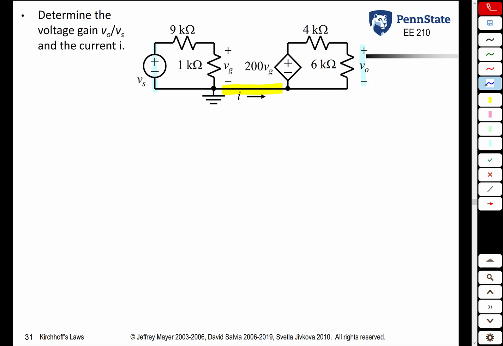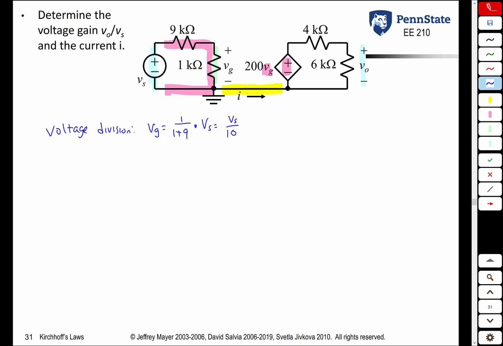So what we see here is that we have a voltage-controlled voltage source over on the right here. To find the voltage across this voltage source, we still need to find the voltage Vg, which is the voltage across this 1 kilo ohm resistor. We can use voltage division to find that, because the voltage across the 1 kilo ohm resistor is just 1/10 of Vs. So from voltage division, we know that Vg is just 1 over 1 plus 9 times Vs,